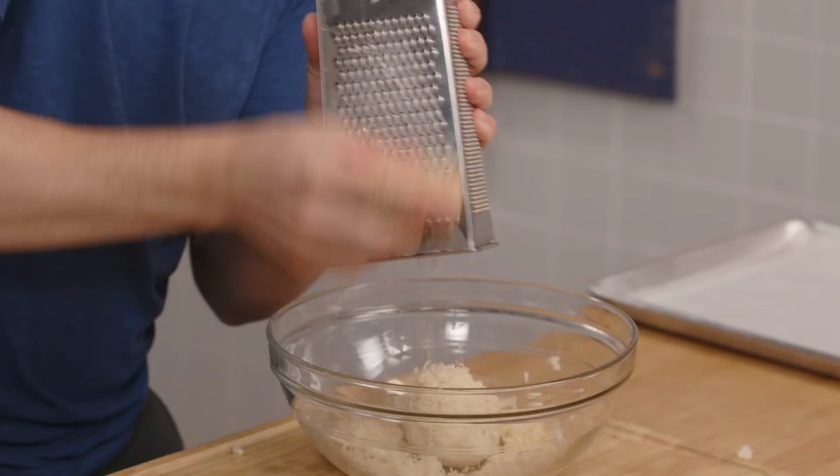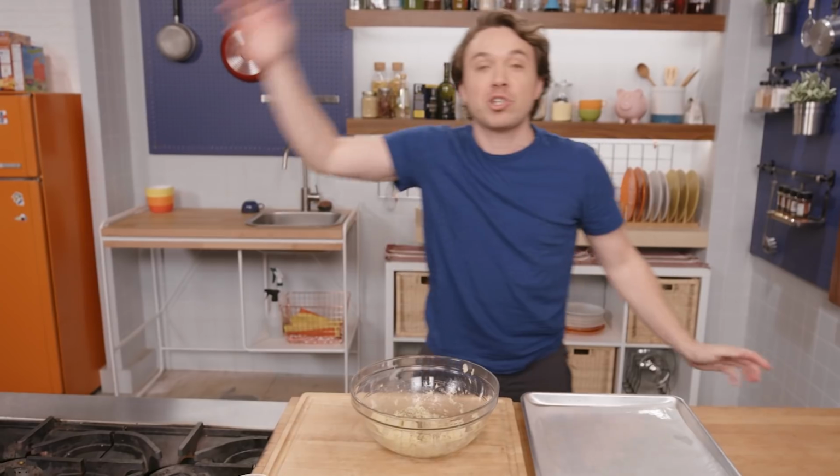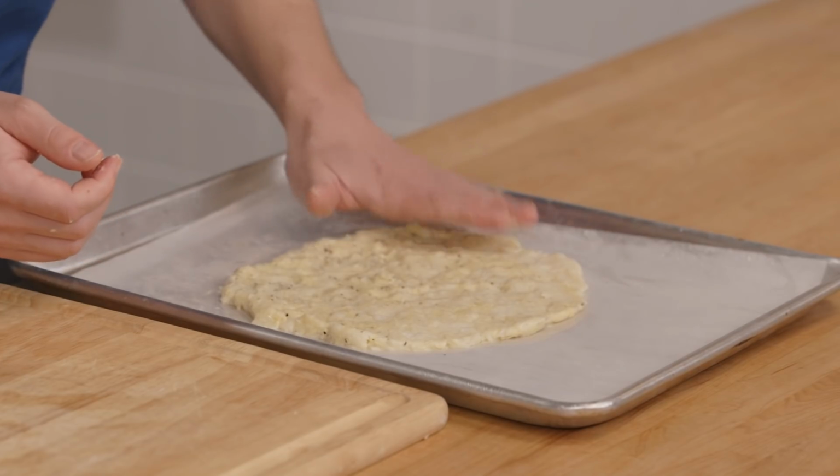Egg. Now I know what you're thinking. I use parchment paper so it doesn't stick. Guess what? It's gonna stick unless you grease it. Looking for about a half an inch thick here. It is looking quite